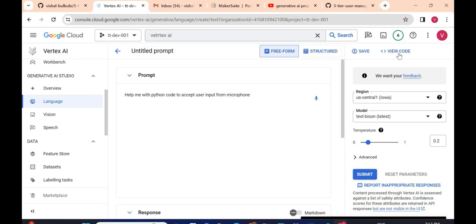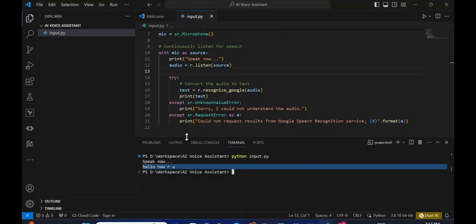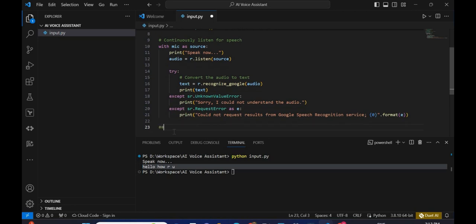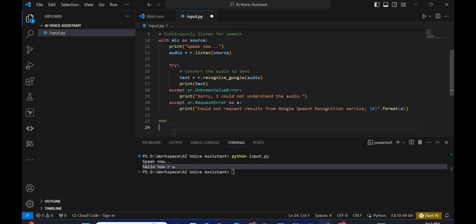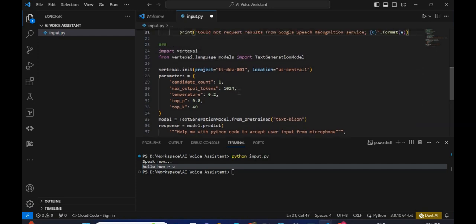But how can we use it? So simply you can go to view code and copy this code. You don't need to do any kind of coding, so simply copy this code. And now I'll just add some comment here, and I'll just add it below. Okay, so now we have